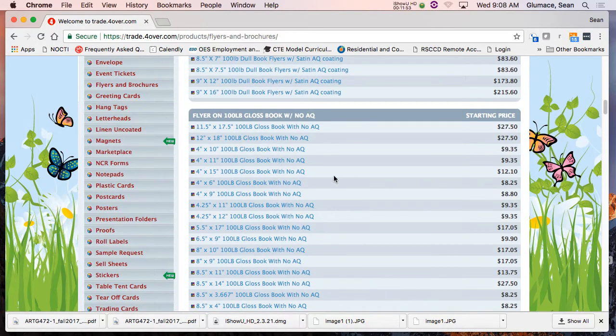So let's just say they might bring a sample too. That's the other thing I would ask them. Show me something you like. Show me a paper you like. That way I'm not sitting there going, oh, is this that, does this work? What I like to do too is, if you do end up with a trade account, they'll send you a packet for like $15 with all the samples in it. So you can actually show a client, this is what it feels like.